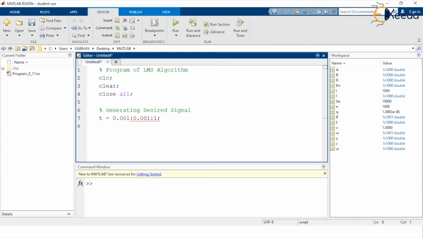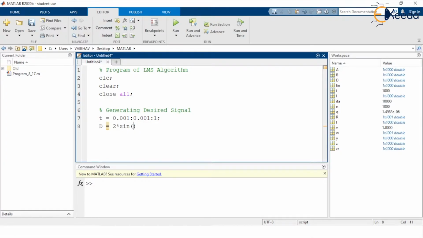So this is the time parameter here, and let us define the variable capital D that will hold the information of the desired signal. To define it, on the right hand side we have 2 multiplied by, the multiplication in MATLAB being the asterisk, the sine function.